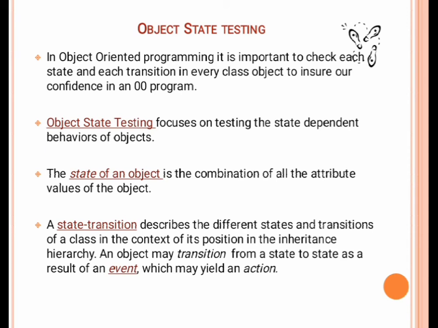The state of an object is the combination of all the attribute values of the object, whereas state transition describes the different states and transitions of a class in the context of its position in the inheritance hierarchy. An object may transition from state to state as a result of an event,